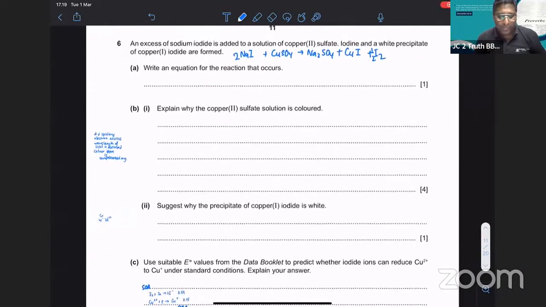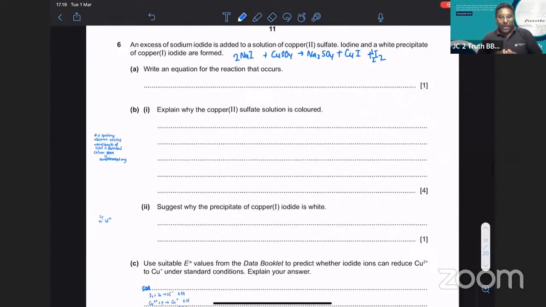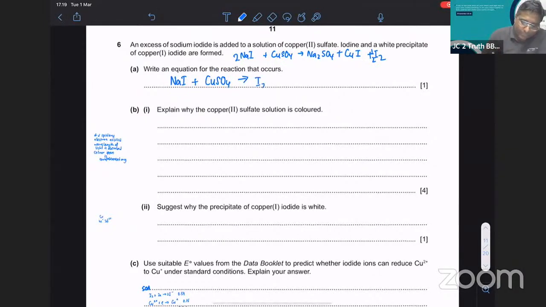Next question, number 6. An excess sodium iodide is added to a solution of copper 2 sulfate. Iodine and a white precipitate of copper iodide form. So they have given you NaI, they are adding with copper 2 sulfate, so CuSO4. They are giving you iodine, which is going to be I2. And then they give you a white precipitate of copper 1 iodide,